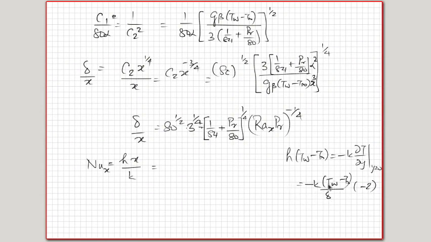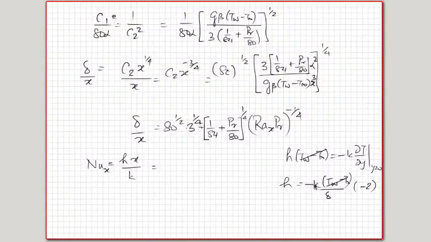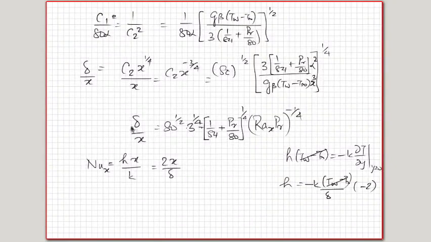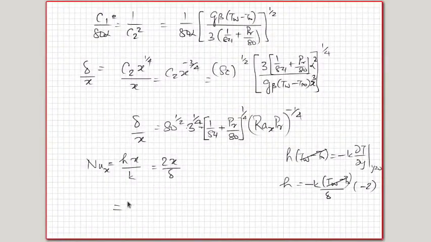So this T wall minus T infinity will get cancelled. So if I bring this k on this side, this is h is equal to this. Okay, so h by k into x will become an x. Minus and minus will get cancelled. That will become actually 2x by delta. Okay, so this delta by x is this. So basically you need to get 2 divided by this number, which will be the Nusselt number. So if I put this and simplify that, you can verify this. You will actually get